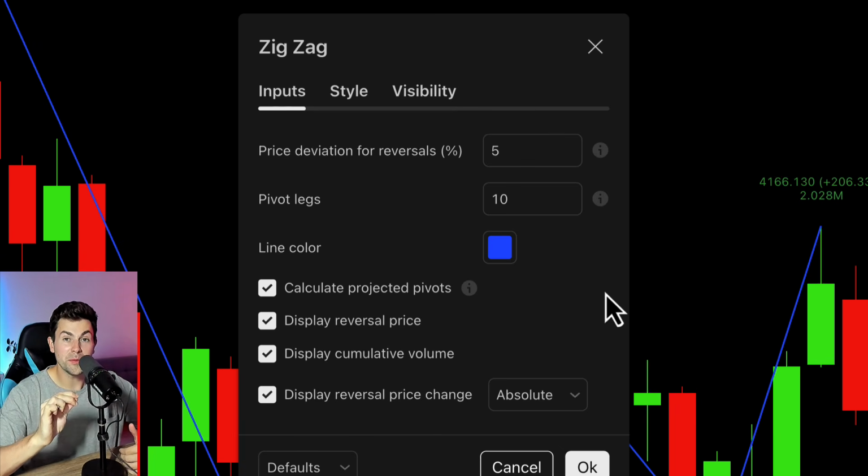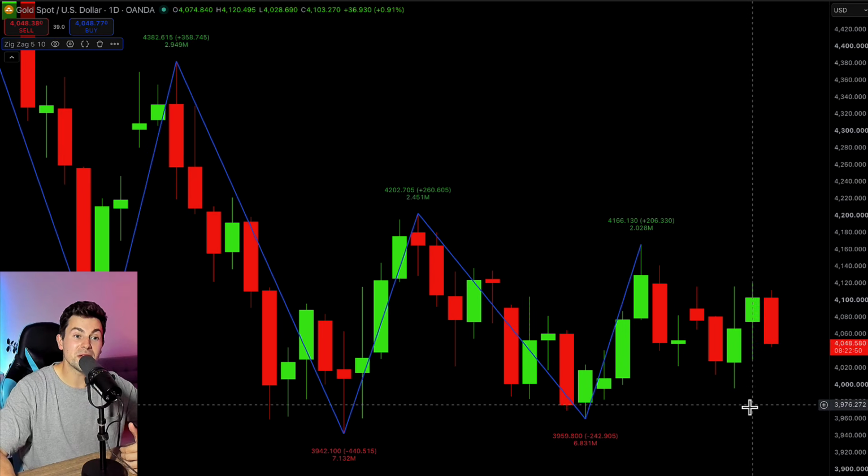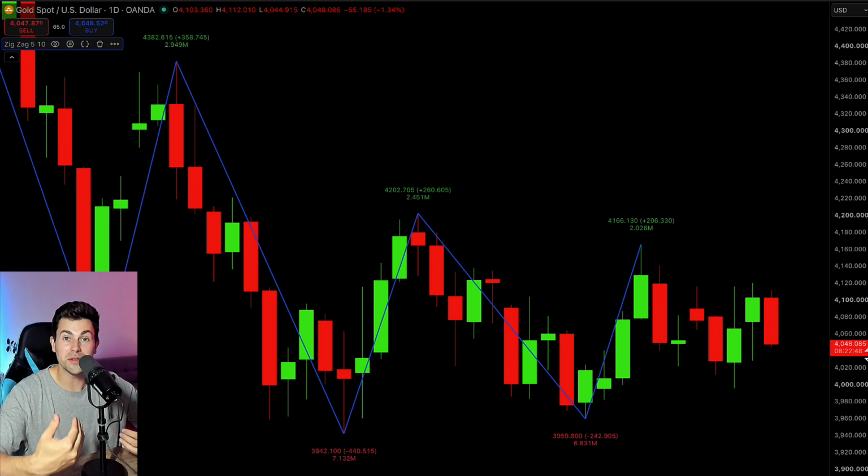To find the optimal settings on the desired time frame, I suggest measuring the smallest recognizable price movement on your